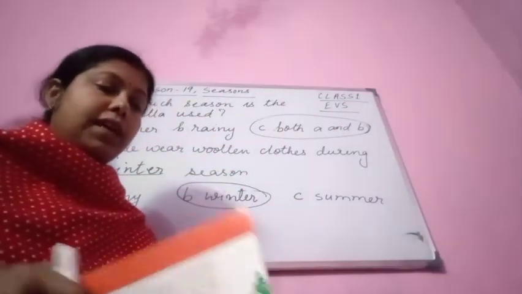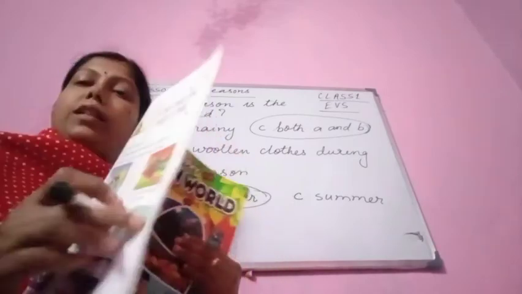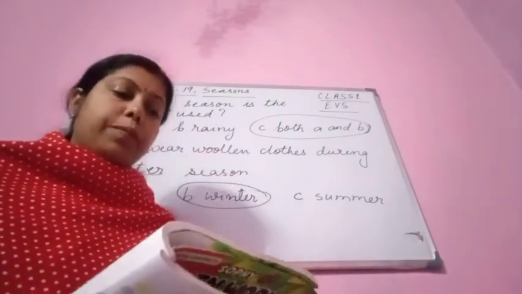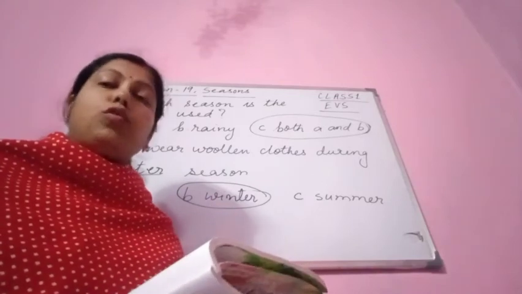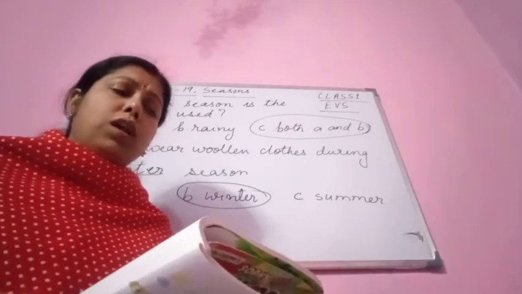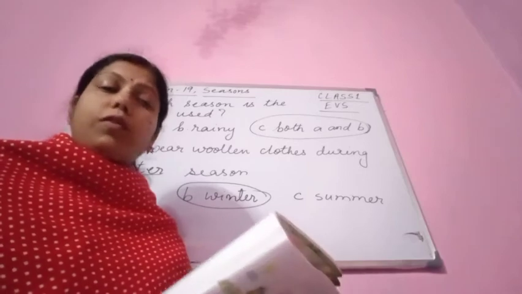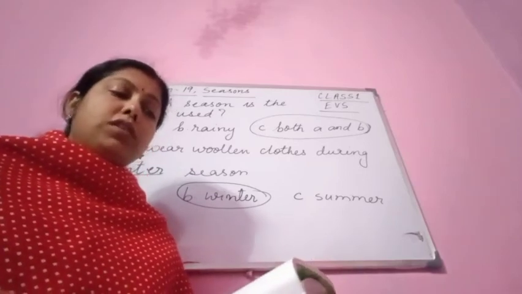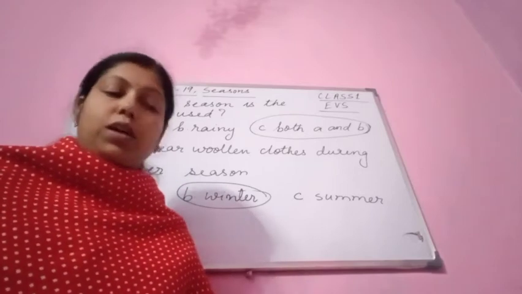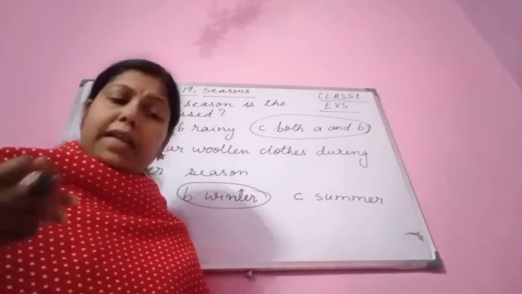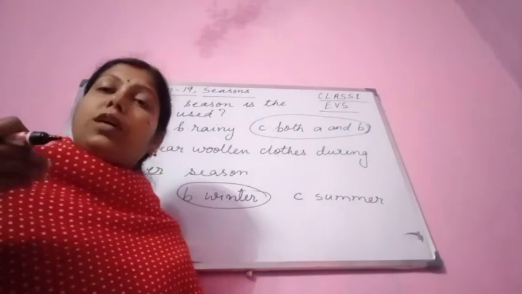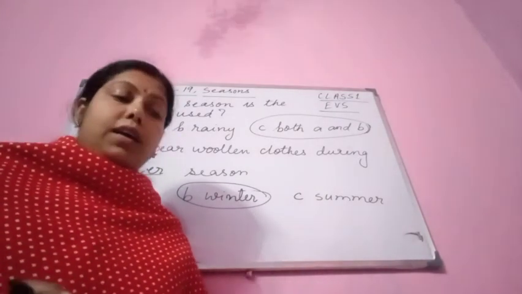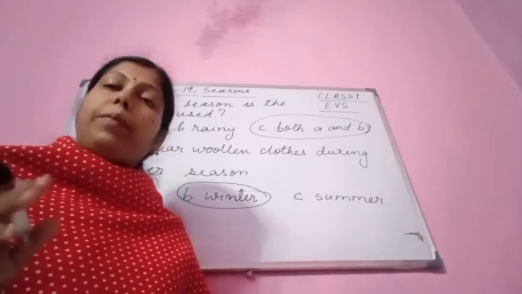Now you see exercise B. You have to do it in the book itself. Encircle the odd one out using red crayon. What do you do during the summer season? You see here, cooler, hot, ice cream, fan. So which one will be the odd one out? Hot will be the odd one out, because in summer season you use cooler, isn't it? You eat ice creams, you sit under the fans. All these things you do, but hot is not matching here. So hot will be the odd one out.